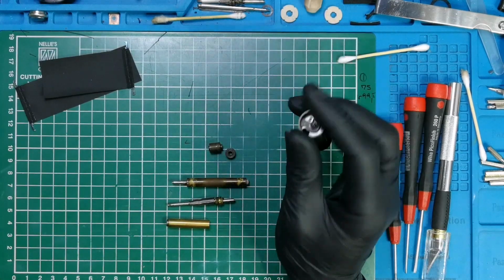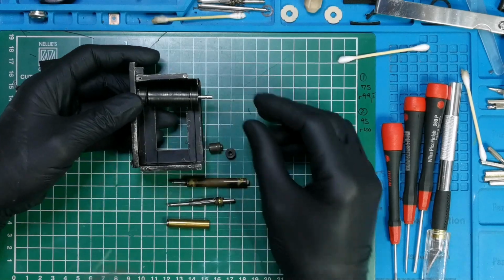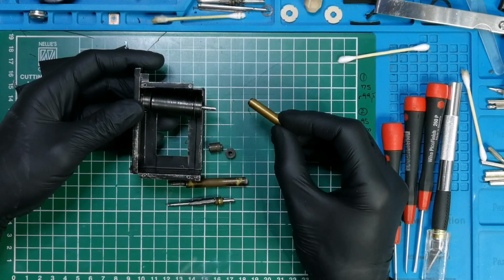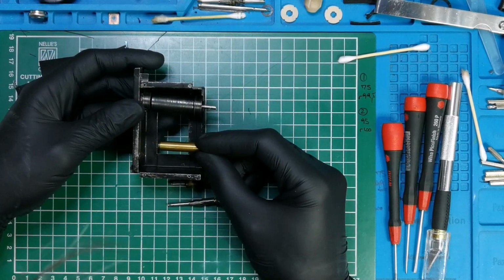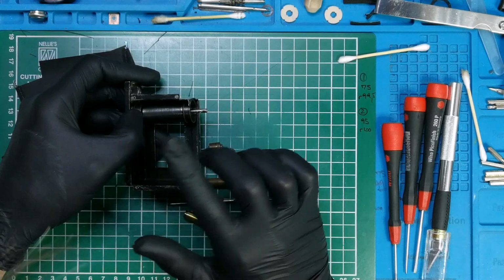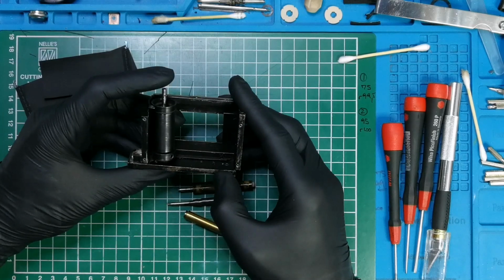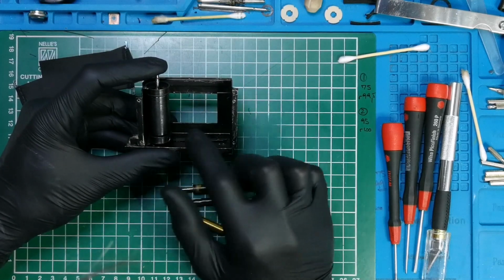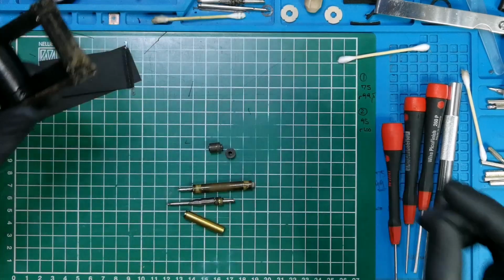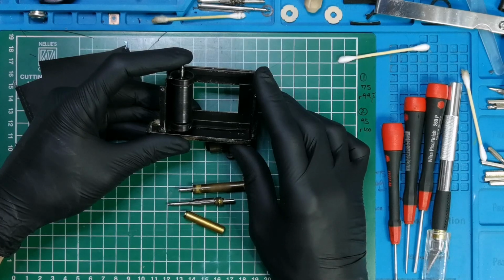Alright, now in order to test my theory, I will need this mounted back, and I will need this. This is the smaller roller, it's for the first curtain, so I will attach the first curtain, I will attach the ribbons to the rollers, and I will leave the drum empty. No second curtain roller, no curtain. And that means that when I trigger the camera, only the first curtain will move, and I will make a mark on the drum. I probably put a little bit of masking tape, and I will make a slow motion video